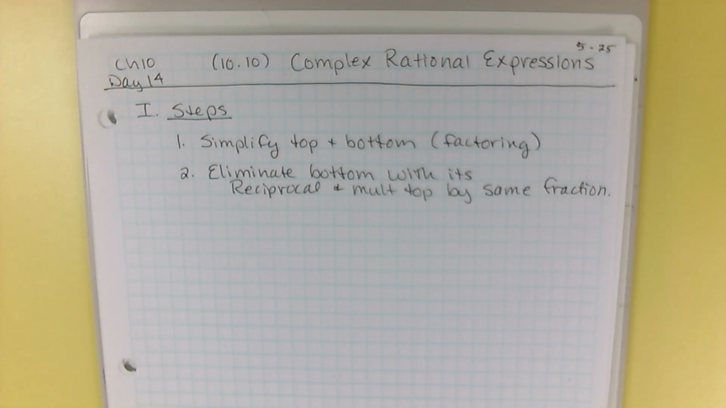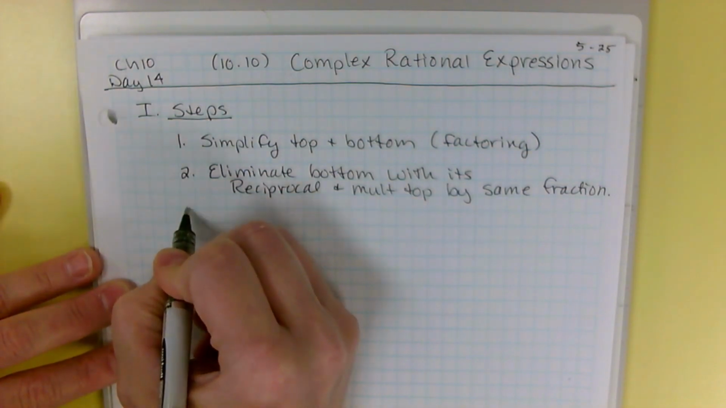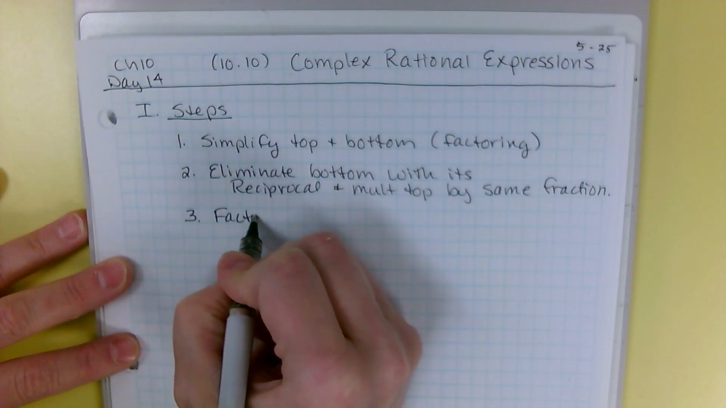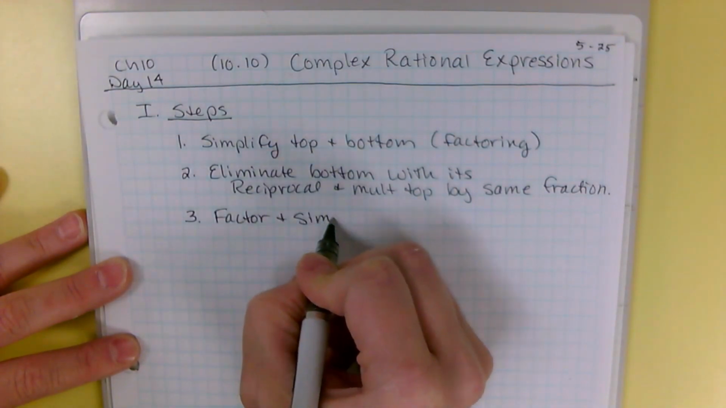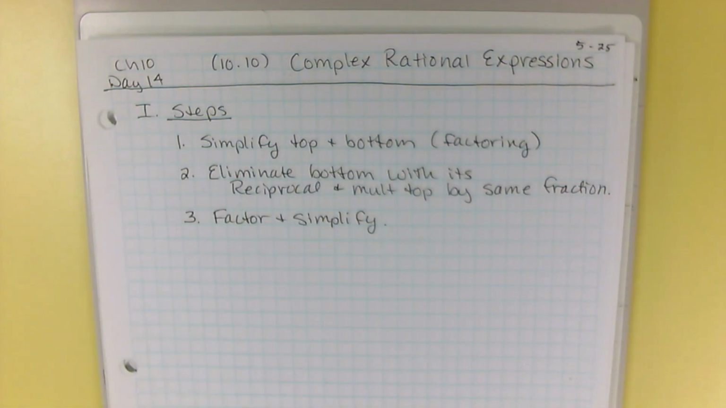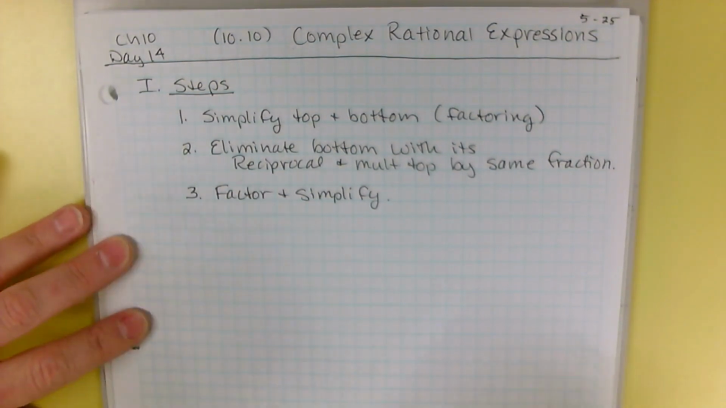So now you should have eliminated the bottom of the fraction, and you have a bunch of things being multiplied together. So your third step is just to factor and simplify. Okay, so